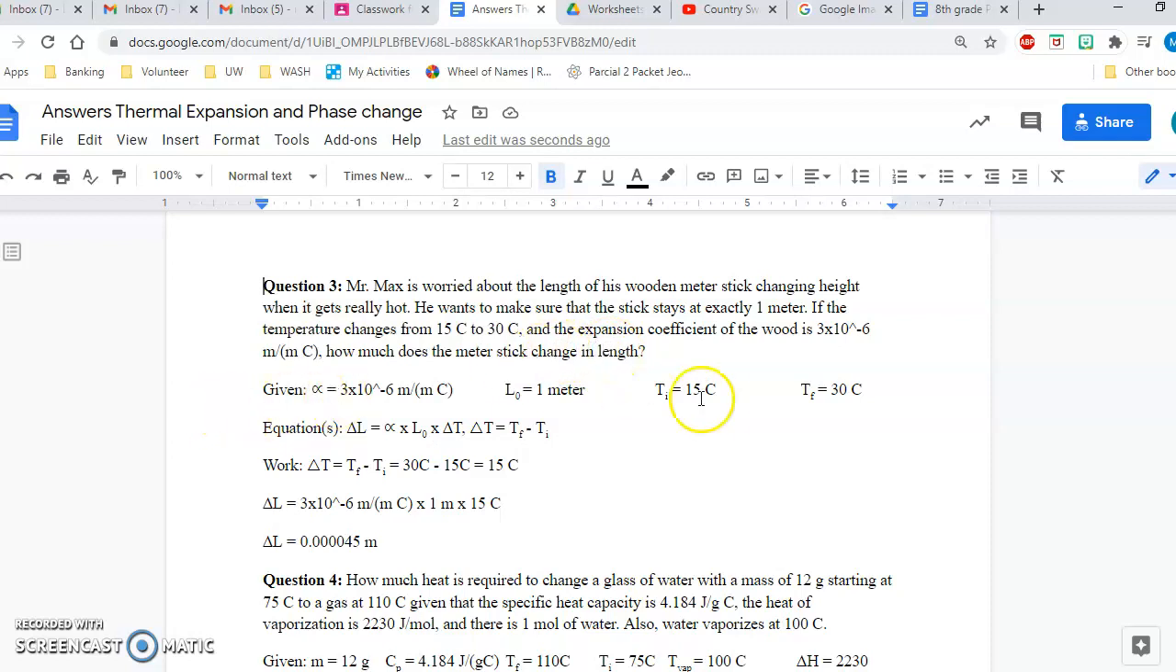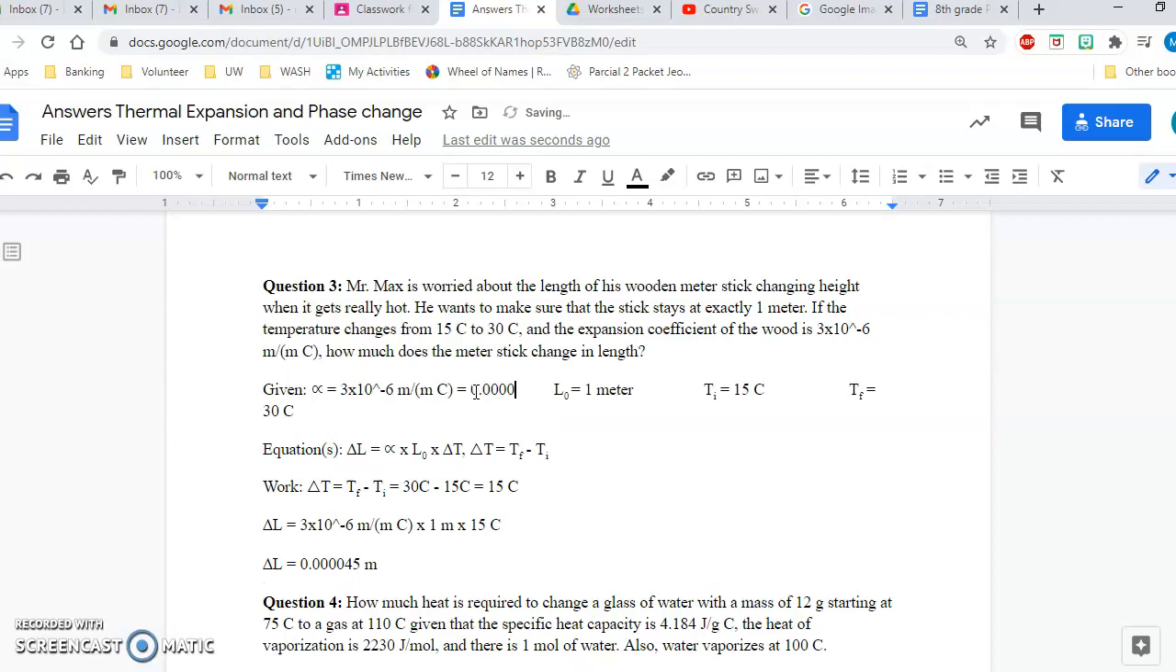So again, the hard part is finding our givens. So our little fish is called an alpha, and it's actually A in the Greek alphabet, so alpha, and that is related to our expansion coefficient. And our alpha is always going to be very small. We can see that this number is 3 times 10 to the negative 6. It's another way of saying 0.0000003, like this. So it's a very, very small number